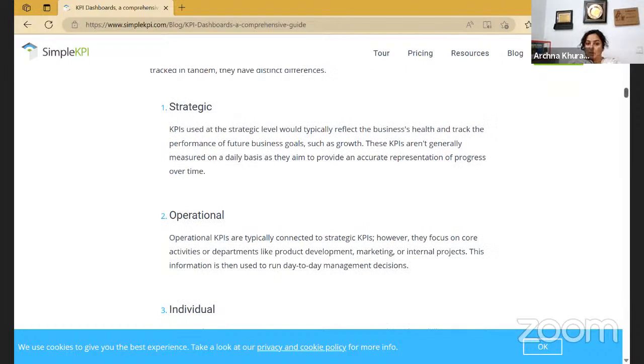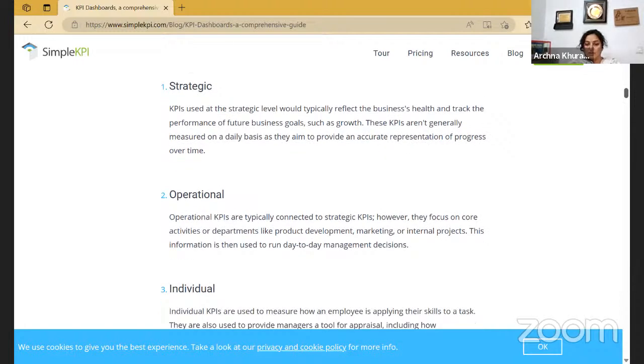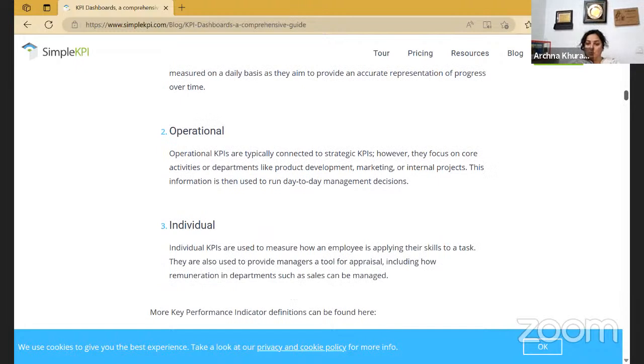Operational is how everything is connected to the development of one particular function that their department is doing, the projects they are working on, and the results those projects are bringing. Individual is your own personal level: what's your KPI, what's your competency, which adds to all these scenarios so that you can achieve operational and strategic goals for the organization as well as your individual